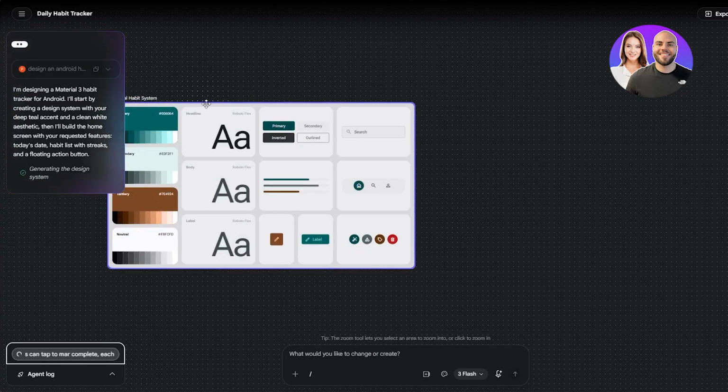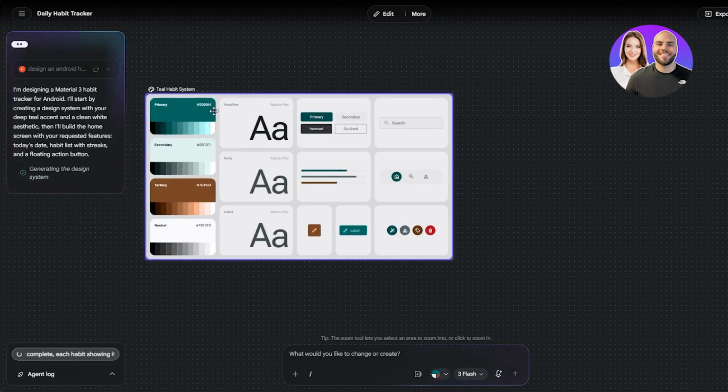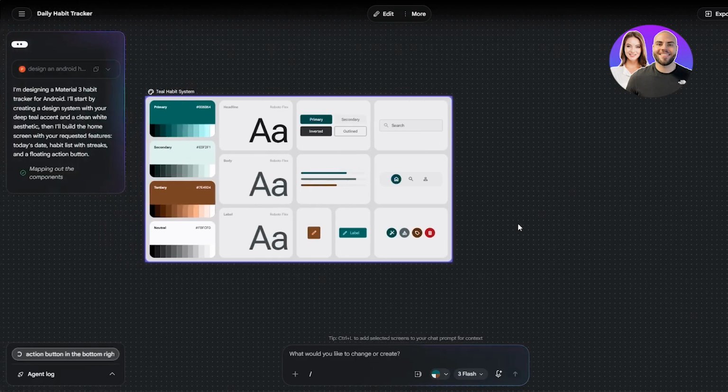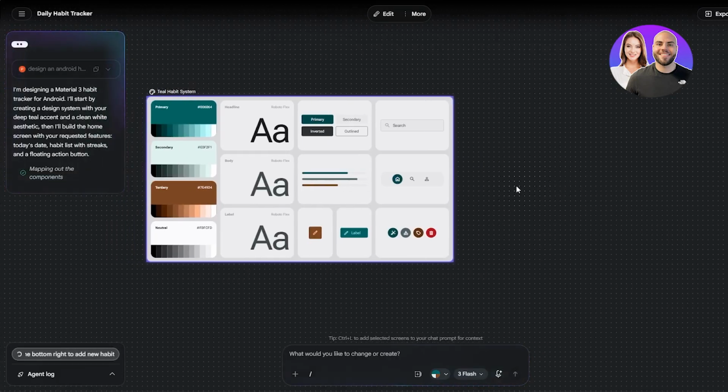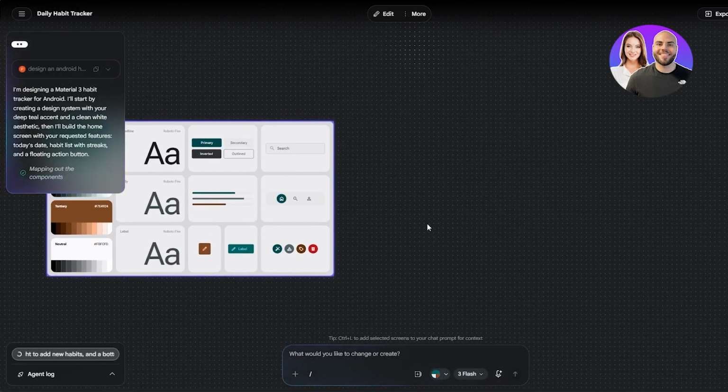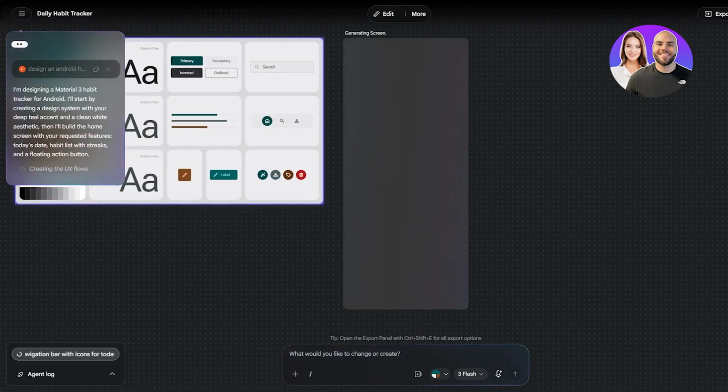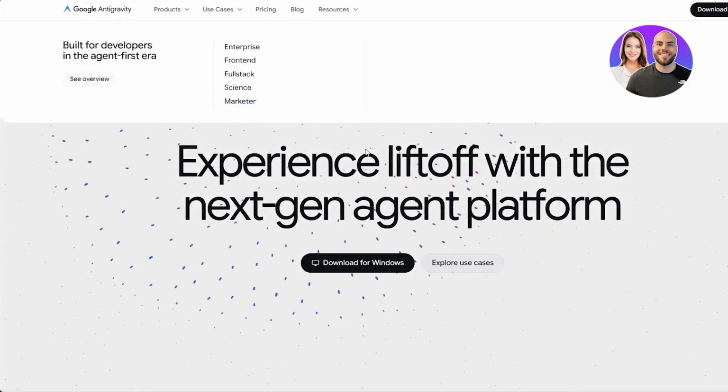Now over here, as you can see, it creates the main coloring system, the fonts and everything, where it shows you a mind map of what it's going to be using, the different options, the different icons and elemental tools that it uses. Then as it goes on, it's also going to create a proper backdrop over here showing you what it does. When this is done with your UI design, you're going to export it into